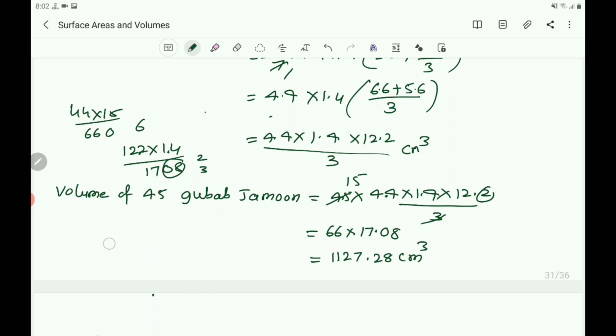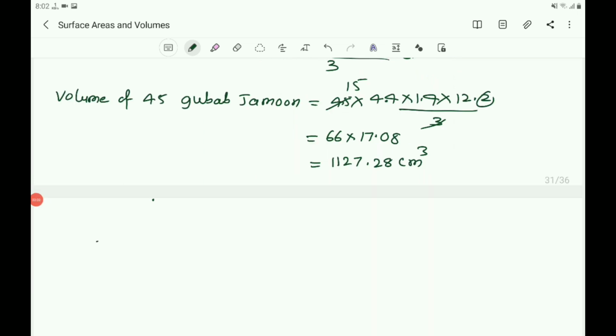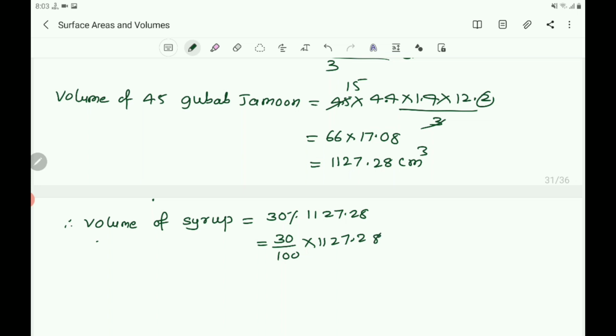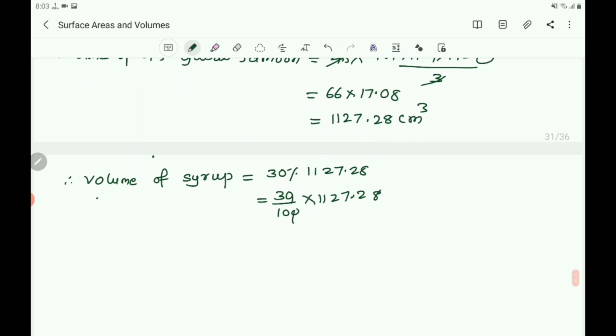is 1127.28 cm cube. Now it is given that 30% of the volume of the gulab jamun contains syrup, sugar syrup. So you take volume of syrup equals 30% of volume of gulab jamun, that is 1127.28. That is nothing but 30 by 100 into 1127.28. Then 0 cancels, that is 3 by 10, means 0.3 into